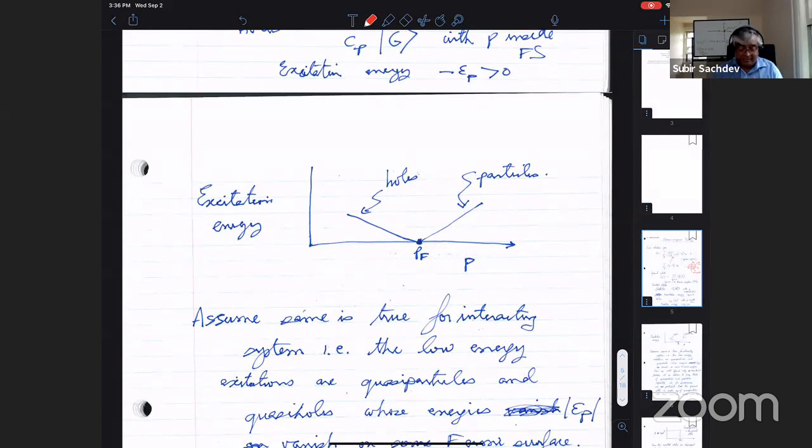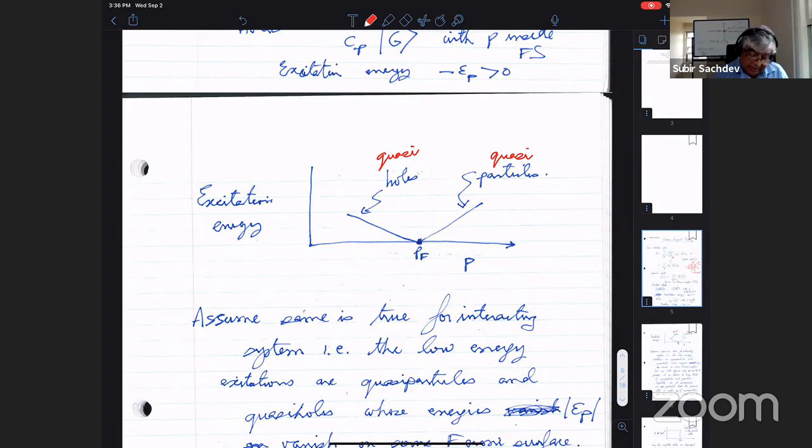At least perturbatively, you can show to all orders and interactions. And in real life, in experiments, you also find it's true. And it survives in the following way. Basically, all that happens when you put interactions is that you just put a quasi in front of everything. These become quasi particles, and these become quasi holes. And their energy still vanishes. There's still a locus in momentum space where the energy goes to 0.